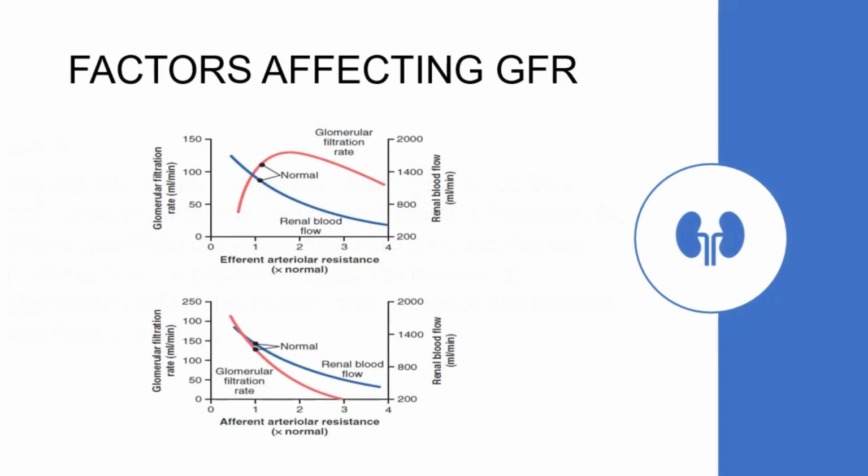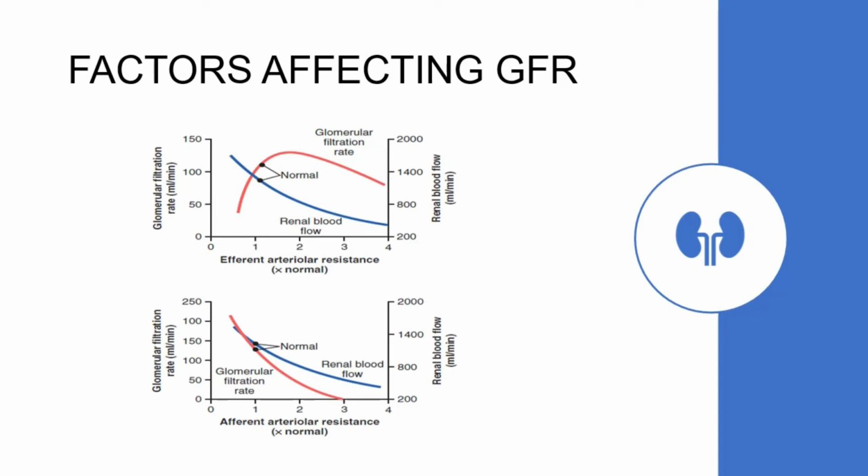We can understand what we discussed previously with the help of these two graphs. In the first graph, we can see the effect of efferent arteriolar resistance on glomerular filtration rate and renal blood flow. An increase in the efferent arteriolar resistance to twice, thrice, and then 4 times its value is causing a marked decrease in the renal blood flow, which is expected. But on GFR, the effect is somewhat different. Initially, constriction of the efferent arteriole, which increases its resistance, raises the GFR. But as we discussed previously, severe constriction of the efferent arteriole will ultimately decrease the GFR rather than raising it.